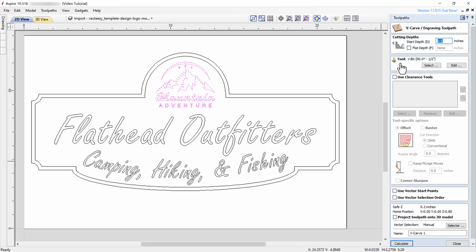We will now select the V-carve toolpath, which will open the V-carve toolpath panel and allow us to choose appropriate parameters. Since we will be beginning the V-carve from the surface of the previously carved pocket, we need to enter a start depth of 0.25 inches, which corresponds to the surface of the pocketed area relative to the surface of our material. For now, let's uncheck the flat depth box and then select a tool.